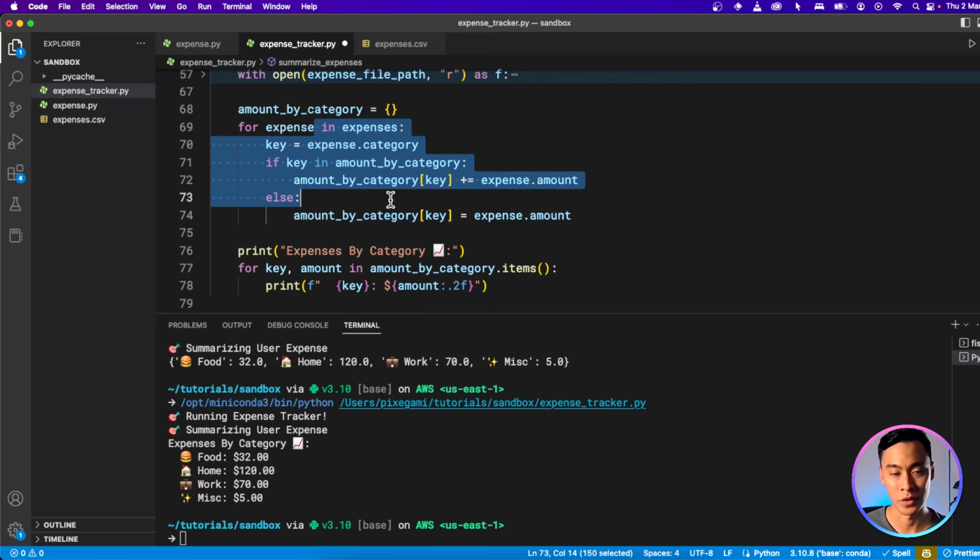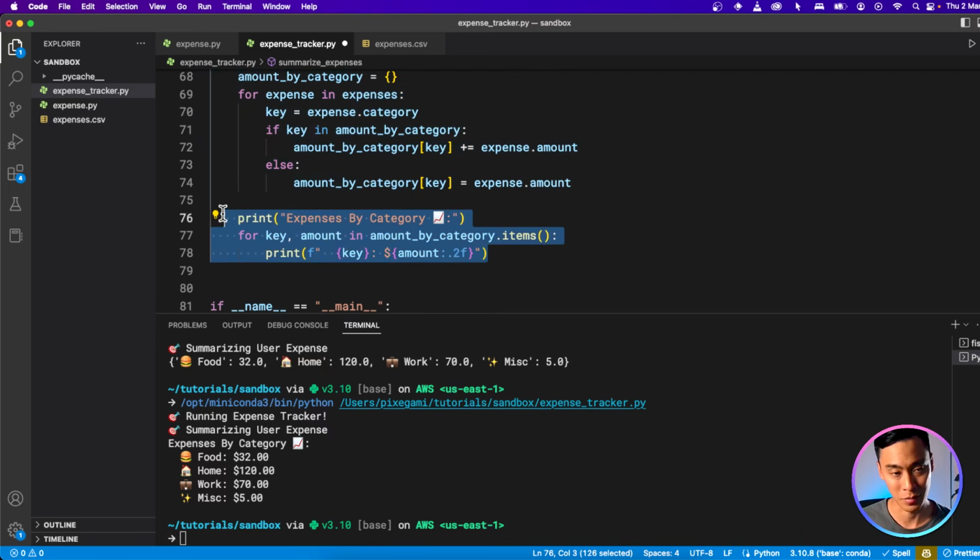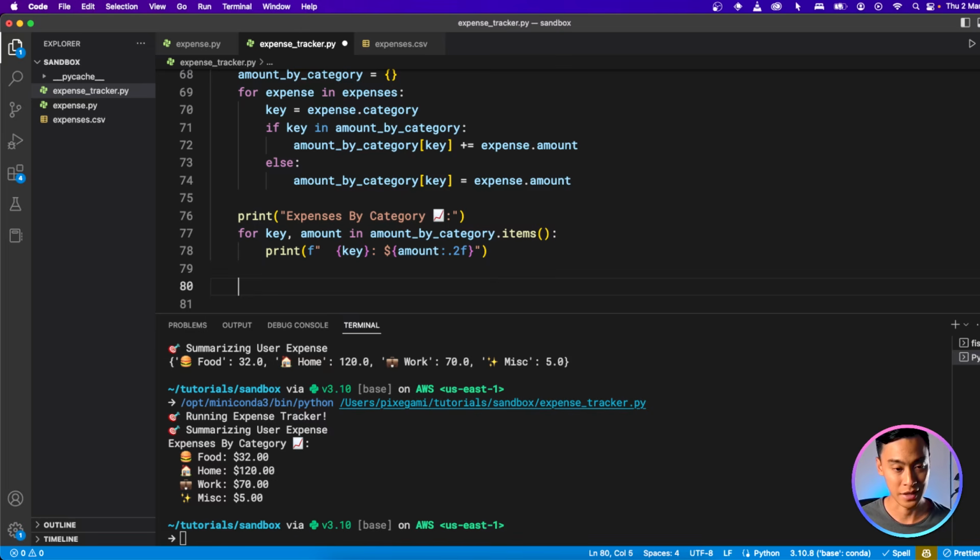Here we're trying to sort the expense by category, and here we're trying to print them out. Even though we can cram in extra logic to get the total expenses, I don't like to do that because it confuses things that should be separate. So let's just do it on the next line, and we are going to sum it all over again.